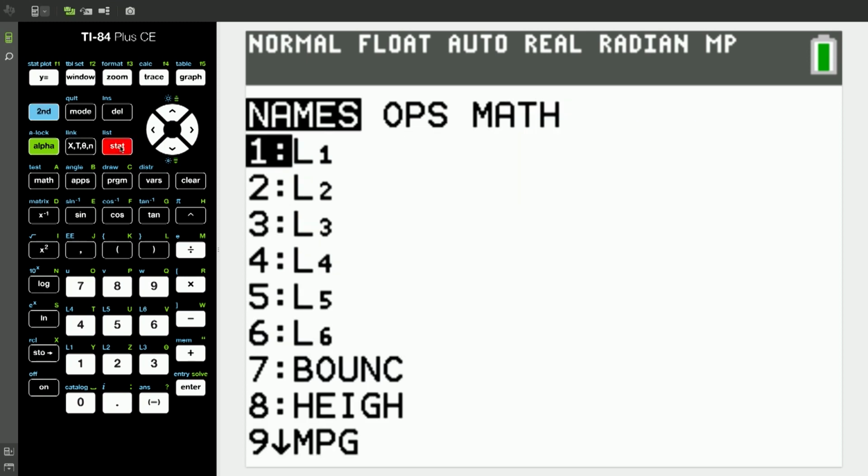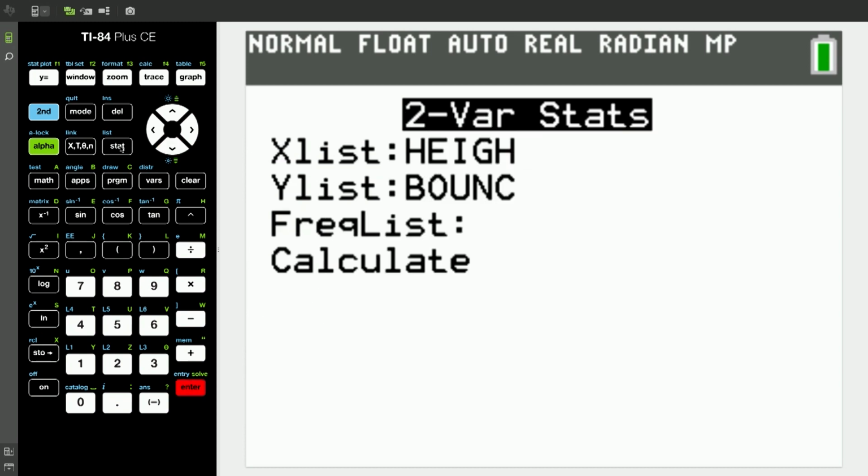And do you see that you not only have your 6 lists, but there's bounce, and there's height, and there's miles per gallon, and there's weight and all that stuff? See all that? So what is the independent variable? Is it the height from which I'm dropping it, or is it the bounce, the rebound? The height. So I want to scroll down to height, or I could just hit 8 and hit enter, and now height is there. How are you going to find bounce?